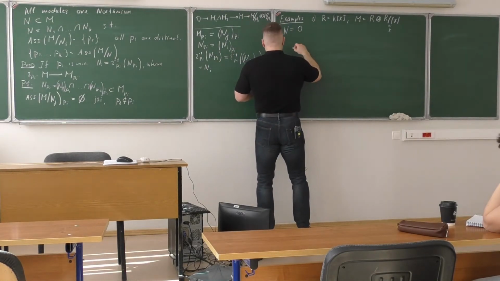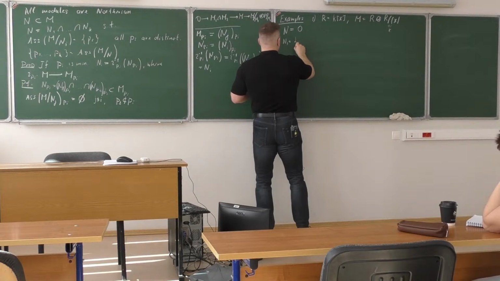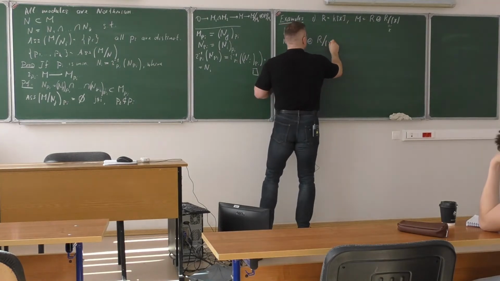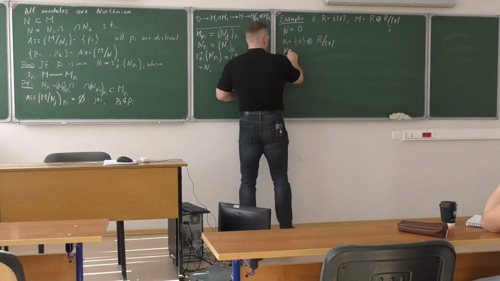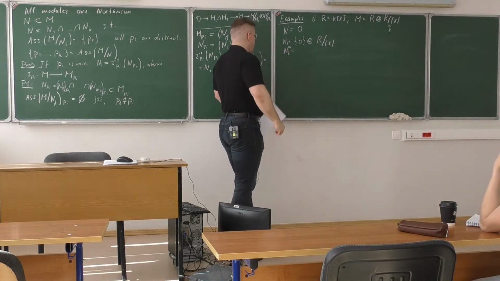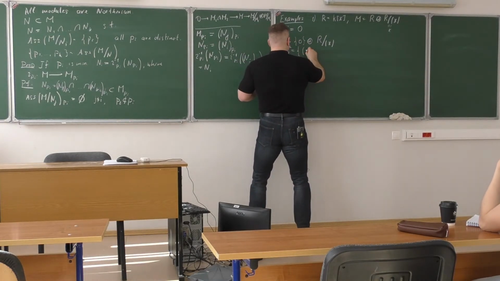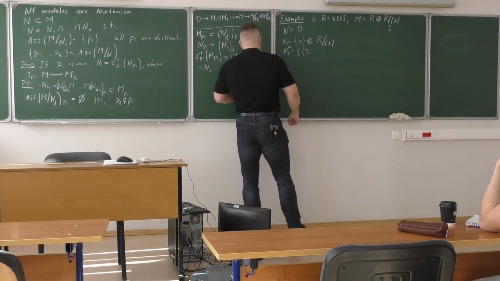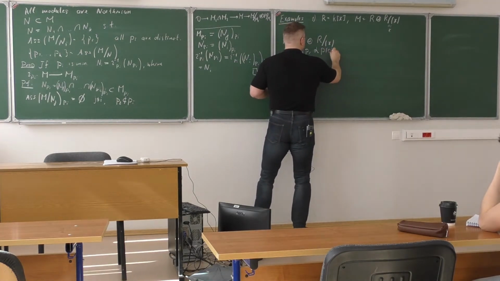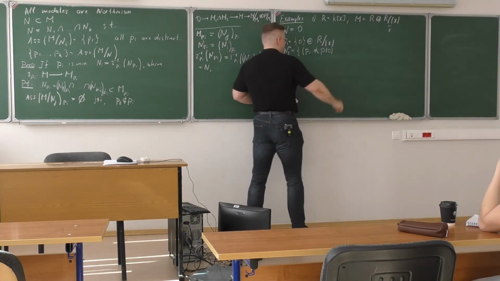So then I take the following modules. N1 is fixed, so this will always be just the second summand, so 0 plus R modulo X. But for N2, I take a whole family, so I'm going to call this N2 alpha. This is going to depend on the parameter alpha, and this will be the following submodule. This will be the submodule of pairs where I have some polynomial P inside R, and the second component is just some parameter alpha times P at the point 0. Or in other words, just consider P modulo the ideal X. That's the same thing.